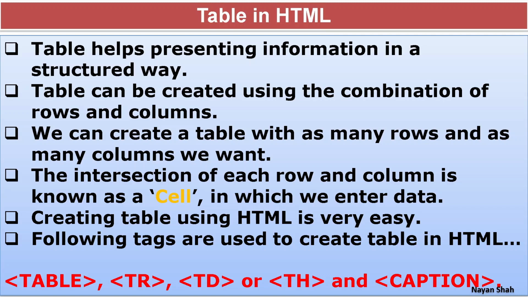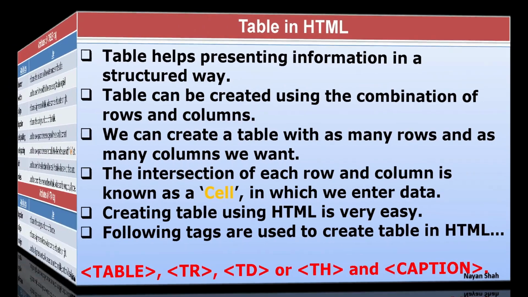The basic difference between td and th we will see practically also. TD will display content with normal font and left aligned. TH will display the content in boldface and centered. And the last tag is the caption tag. The caption tag is used to give a heading to the entire table, which is displayed just outside the table, on the top of the table.